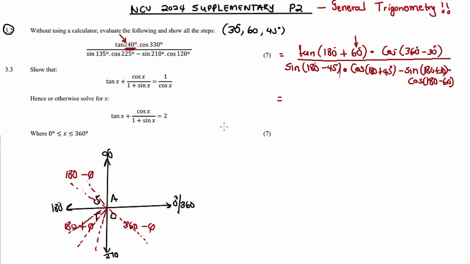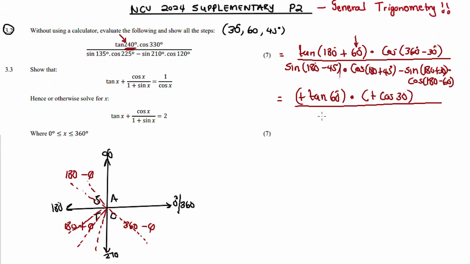180 plus is found where? Third quadrant. And in the third quadrant, tan is what? Is positive. So it's going to be a positive tan 60 degrees multiplied by cos 360 minus 30. Where is this? Fourth quadrant. So in the fourth quadrant, cos is what? Is positive. So it's going to be a positive cos 30 degrees divided by